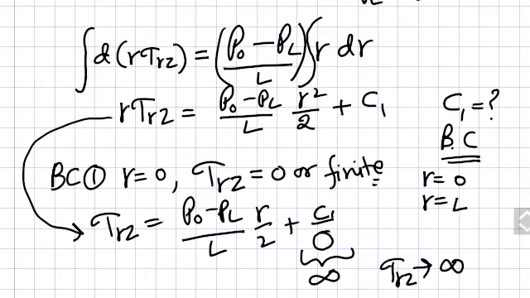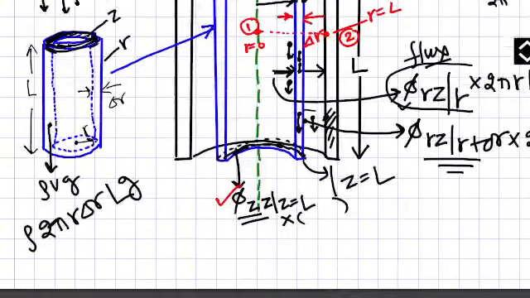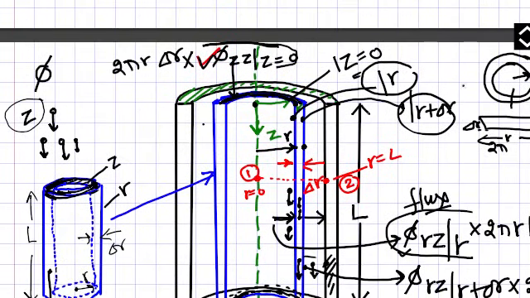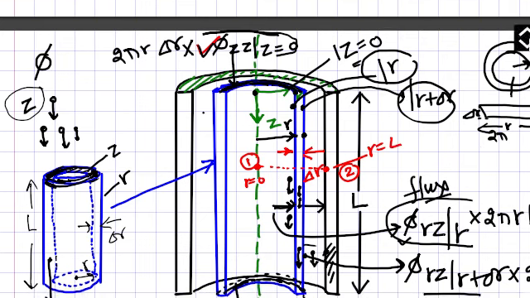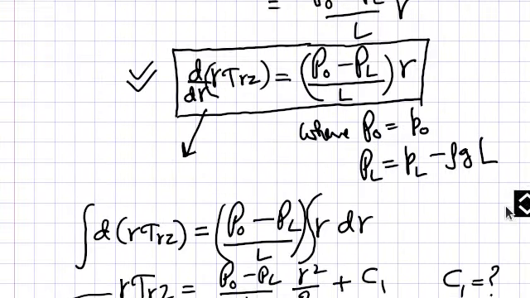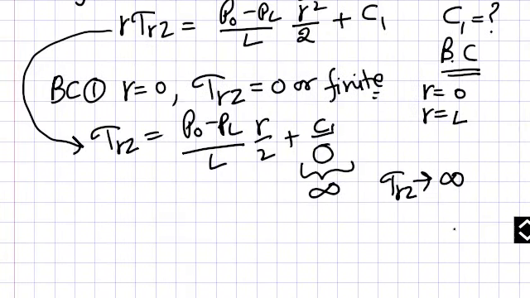Infinite means it will have a very large value, but we know that the shear stress is minimum at the center, because it is freely flowing at the center. It is maximum at the walls, because there is some restriction, but at the center it is always minimum, or it may be 0. Mostly it is 0 actually. So this kind of thing cannot happen. So it means that this term C1 is 0. There is no C1 term.